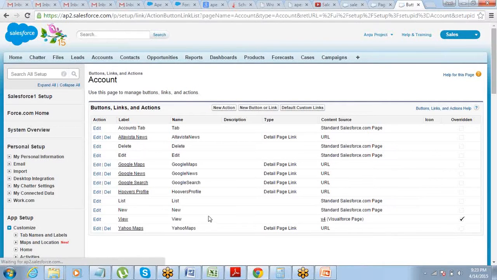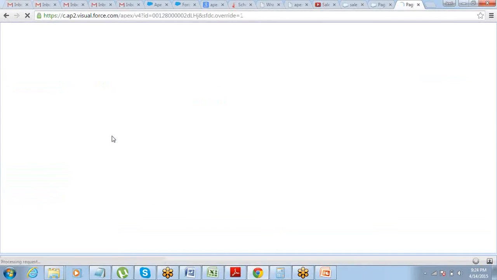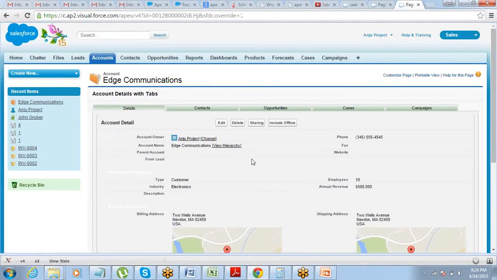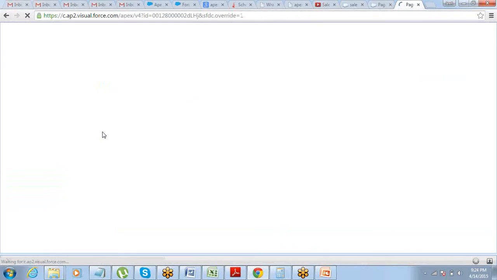Now if the end user goes and clicks on an account, that account will open with the Visualforce page template. See, automatically the account opens on the Visualforce page template. Fine. So no more supplying the ID and stuff. We were supplying the ID just to create the page and learn the basics, but no more supplying the ID from our side. Got it? It's a very, very simple thing.